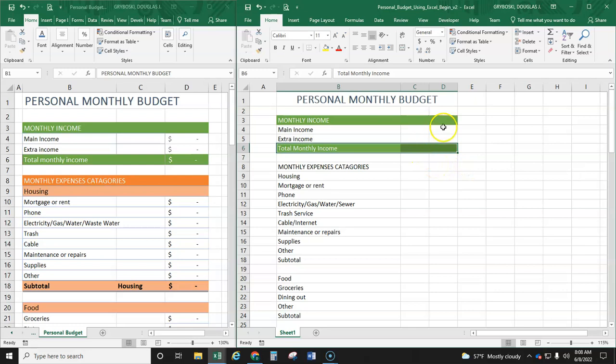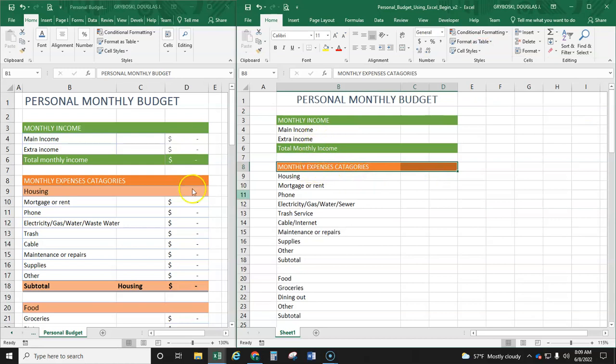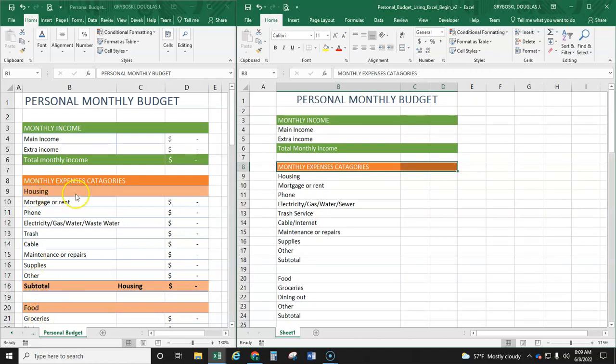Alright, now I'm going to do that with all of the orange ones here in just a minute. I'm going to pause the video and go through and do that, so I'll have you all do that on your own. You're going to go here and just make it a different color. The reason I chose orange is that you want it to be a different color than the income because this is expenses. It's a different category. And notice that I chose a lighter orange for the subheadings within each. So I'm going to pause the video and do that here in just a second. But first I want to show you